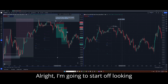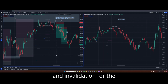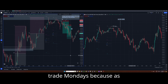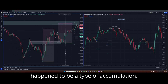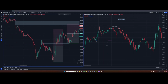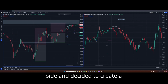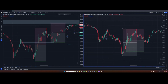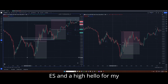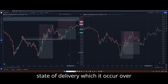Let's start off looking at potential entries, opportunities and invalidation for the previous week. I typically don't trade Mondays because it happened to be a time of accumulation. I let Monday pass by, which hit sell side and decided to create a divergence, SMT for a low for my ES and higher low for my NQ, suggesting change in state of delivery, which